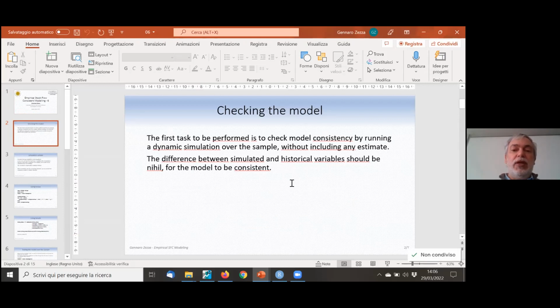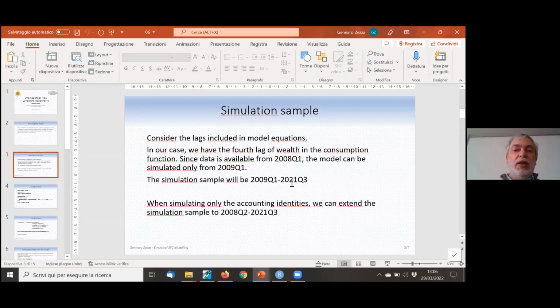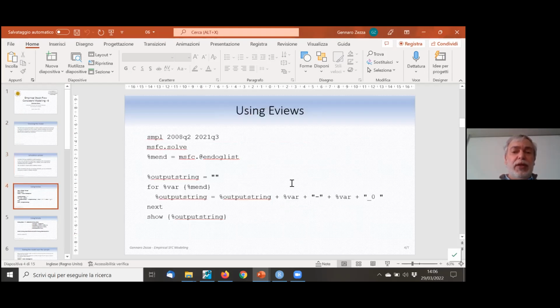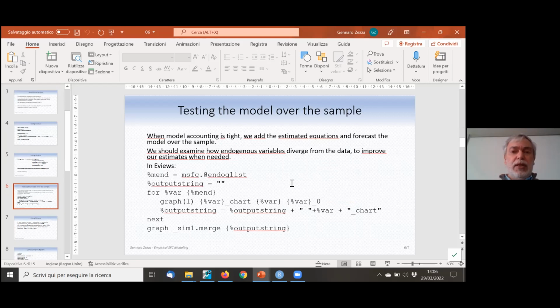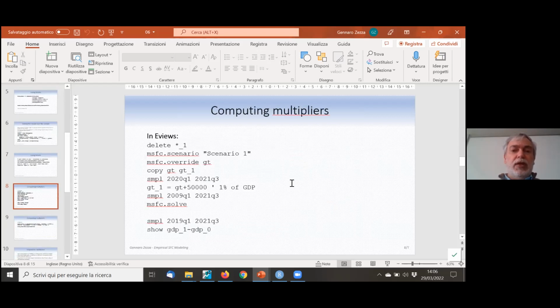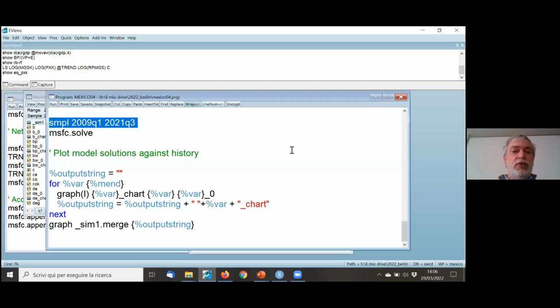it's something we already did before the lunch break, which is how to simulate the model over the sample and check the outcome comparing the simulation to the data. And what we want to do next is to verify how the model reacts to shocks. So in eViews,